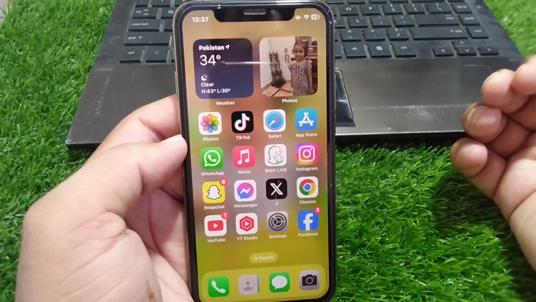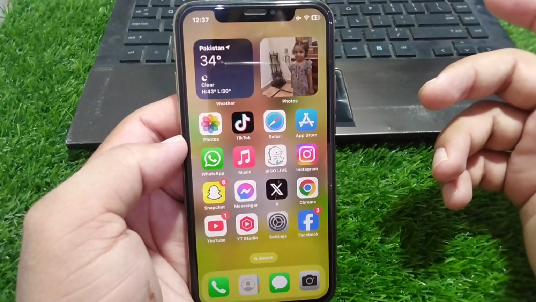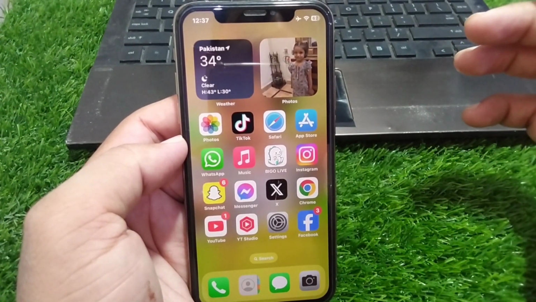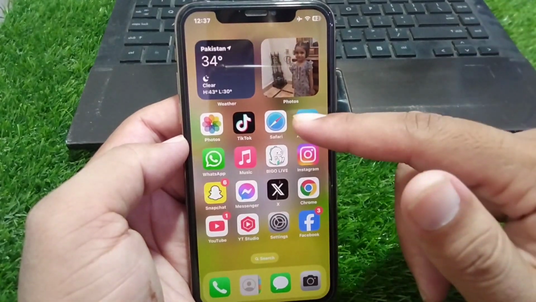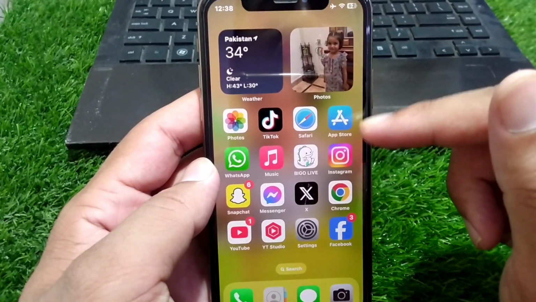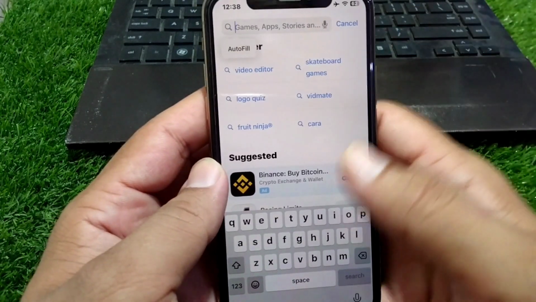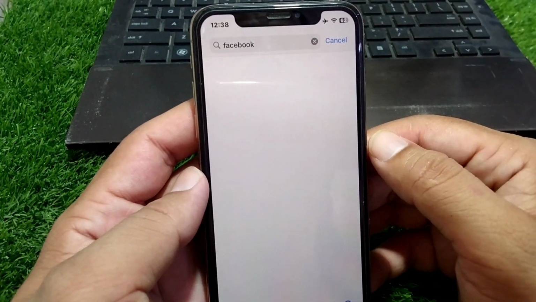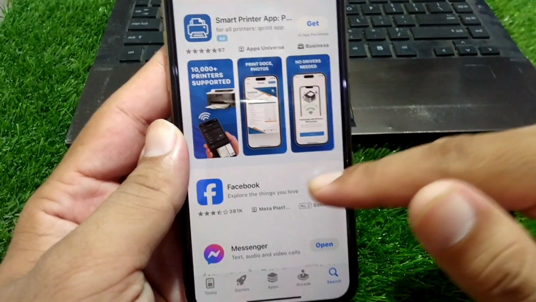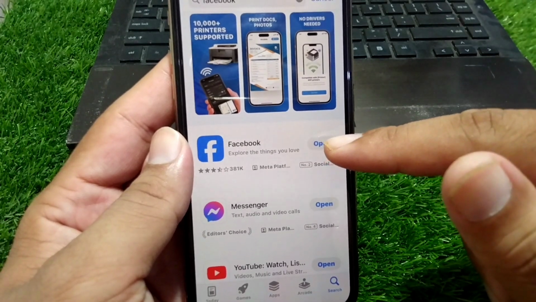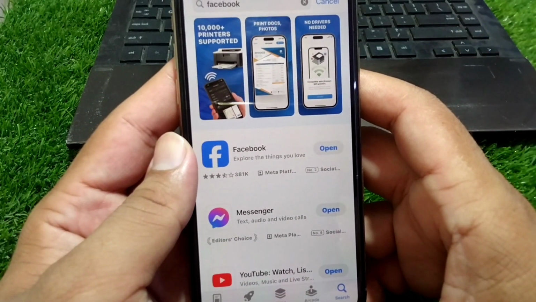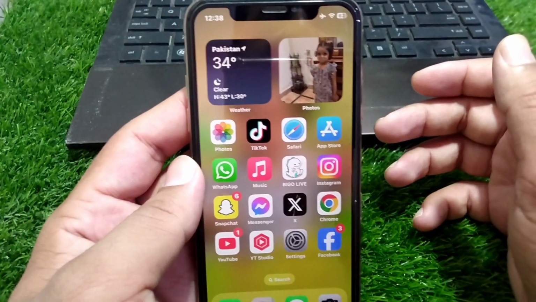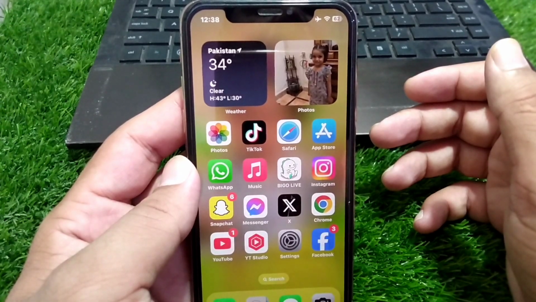So guys, the very first solution for this problem is that you have to simply download and install the latest version of the Facebook app on your device. So guys, for that you have to simply open your App Store and search here for Facebook. And from here you have to simply download and install the latest version of the Facebook app on your device. So guys, do this and check if the problem is fixed or not, and if the problem is still there,